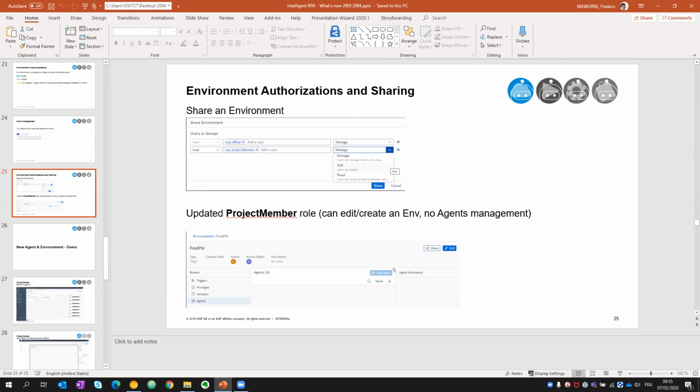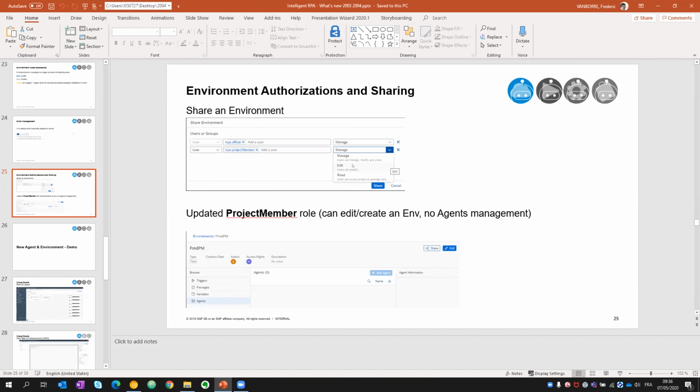So you can share, for instance, an environment with a project member, and the project member role has been extended, so you can edit and create an environment. The only feature which is not available for a project member is agent management. So as a project member, if I go to my agent section, of course you will not be able to add a new agent to your environment because you are only a project member, but you can do all the edition